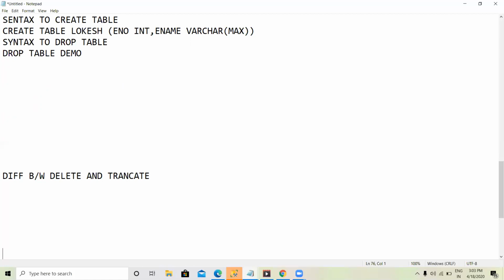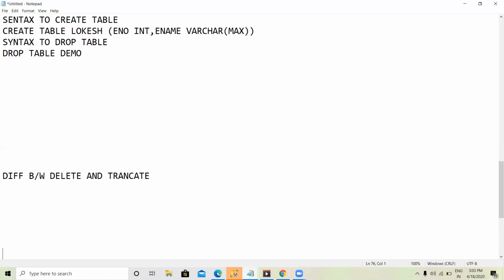If you are using truncate, we can delete the total table. Truncate operation is fast compared to delete. Delete operations delete on a specific condition. In any table we have 100 records. If you use truncate table, it will delete all the records at one time, but that is not possible with delete. Delete will delete the specific records where you apply the condition.